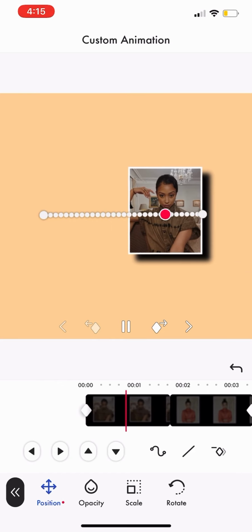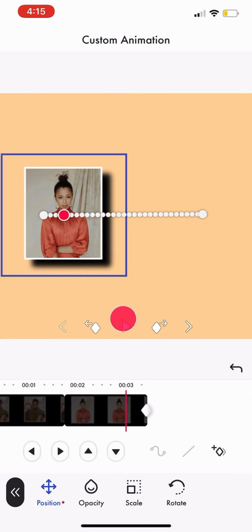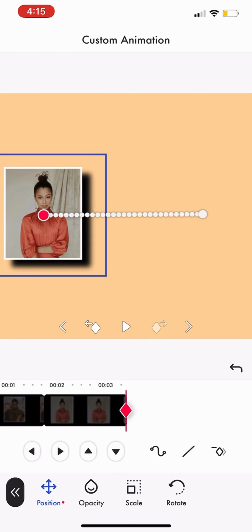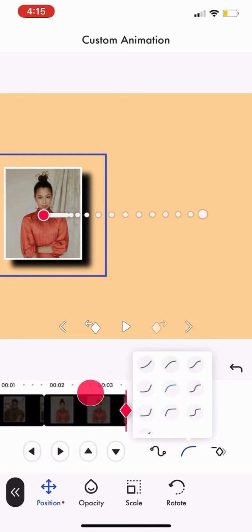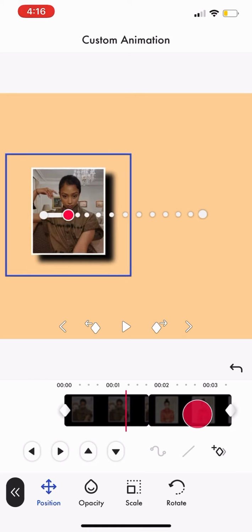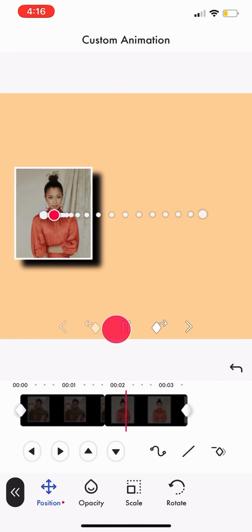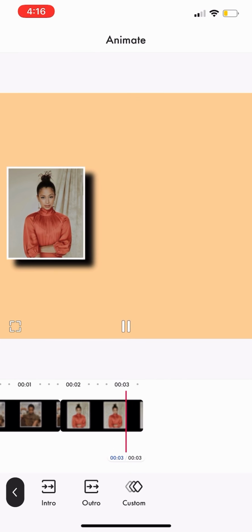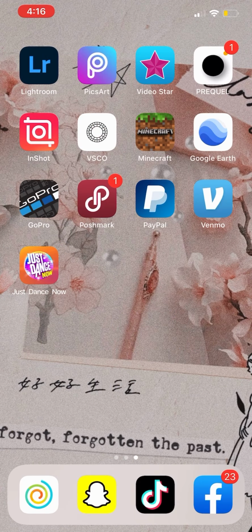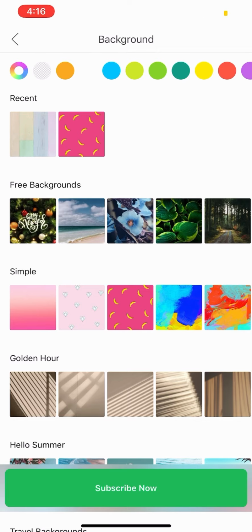And this is how it should look, but as you can see, that 3D flip is in the middle. We want it at the end. To fix that, you want to click on this half keyframe, and as you can see, that 3D flip is at the end. Then when you're done with that, let's go back to PicsArt and get a plain white